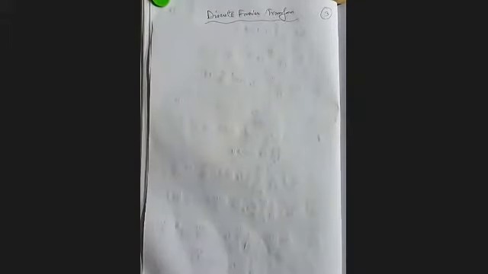Discrete Fourier transform. Now in our last relation we got that Fn bar equal to 1 by N into summation something. That thing we got already. I just write it again, to show you.